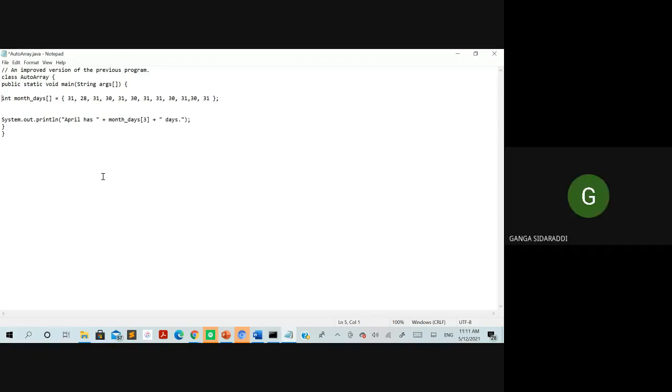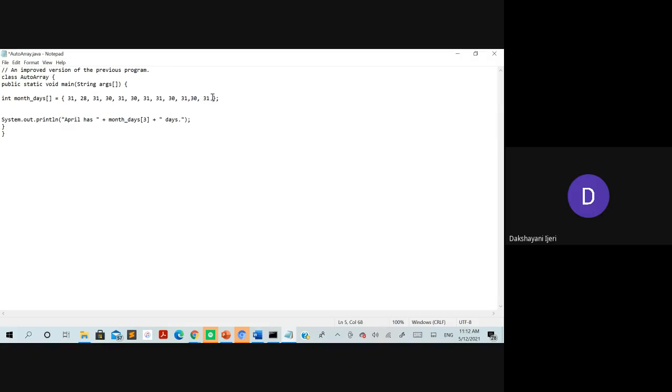Ma'am, there will be no limit for size, ma'am? If there is empty space in between the square brackets here? Well, yes, that's what I'm telling you. Here there is no limit. Whatever number of values you take into these curly braces will be considered as the size automatically. Here there are 12 values, so it is going to consider 12.